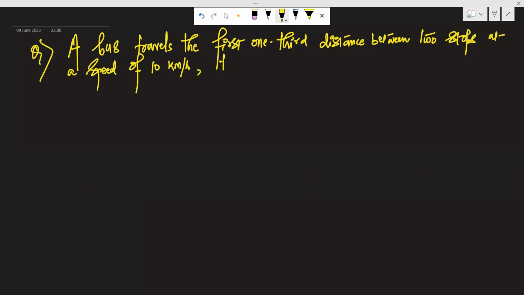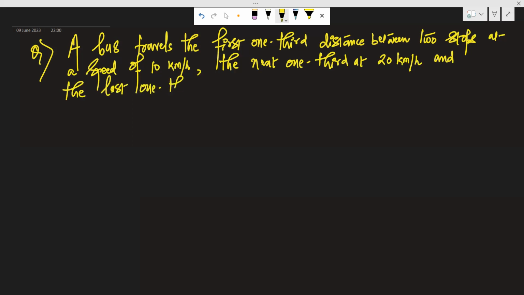The next one third at 20 kilometer per hour, and the last one third at 60 kilometer per hour. The average speed of the bus is